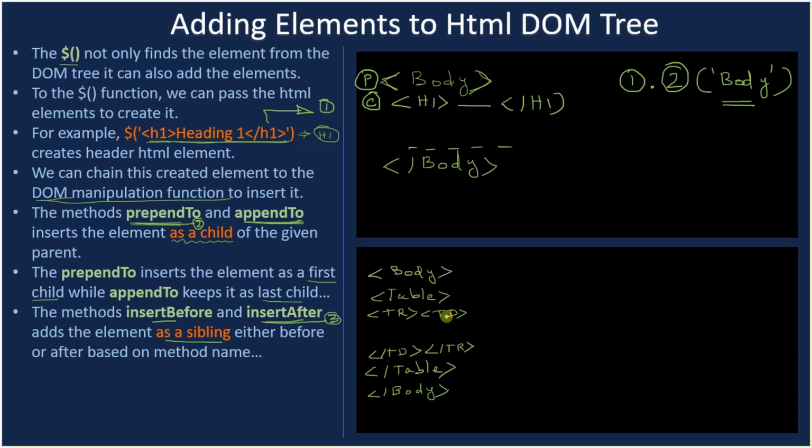So let's say that inside this table data we have multiple tags. So let's say this is paragraph, this is image, right? Paragraph is ending here, image is ending here. We will consider like this. And